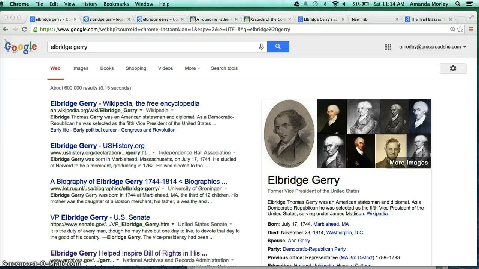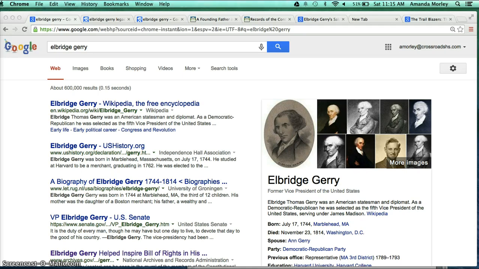All right, so today we are going to talk about scholarly journals and how you can do some scholarly research. Now, we have already talked about using credible sources. You should know a little bit about how to tell if something's a credible source. But I'm going to use my example topic of Elbridge Gerry for the Leadership and Legacy National History Day project as an example of how you can